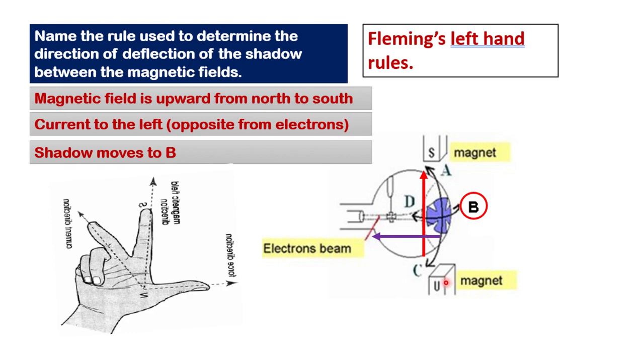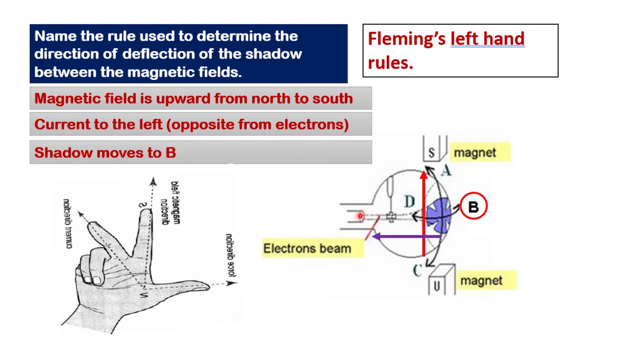Okay, so now look at the magnet first. So here is the north pole, and here is the south pole. What you have to do is look at your finger. The second finger first, the south is at your nail. So from north to south. North is at the bottom, and south is at the top, right? So north to south.